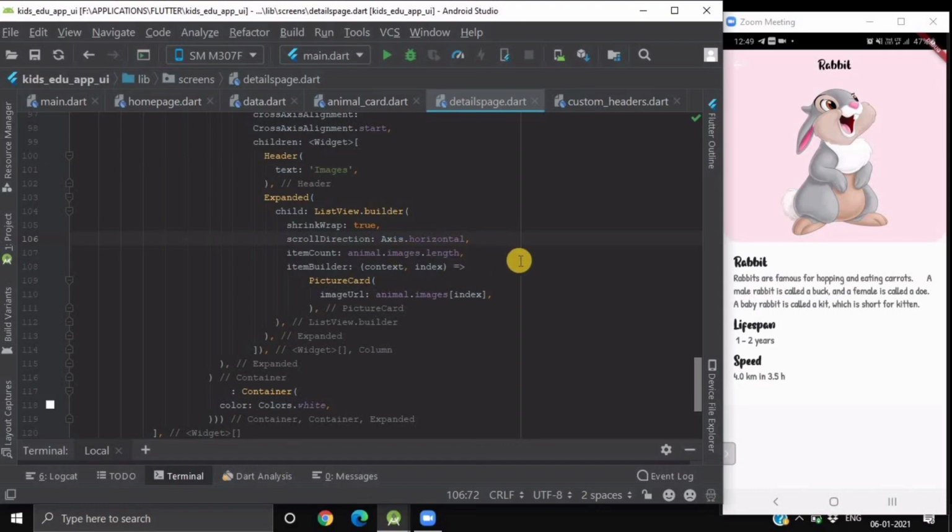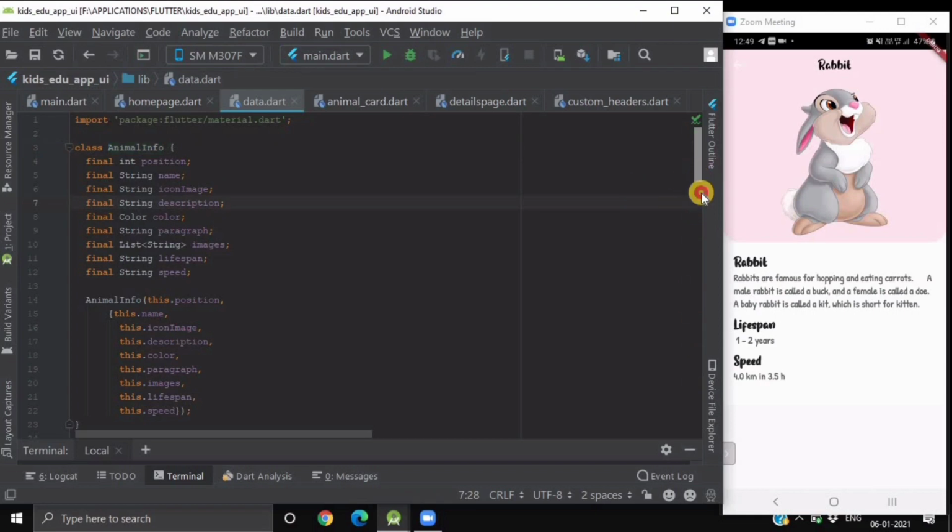Okay. And we have given the item count equals to animal.images.length. And after that, inside its item builder, we have used our picture card custom widget. Okay. And in its picture card image URL attribute, we have passed our animal.image.index.